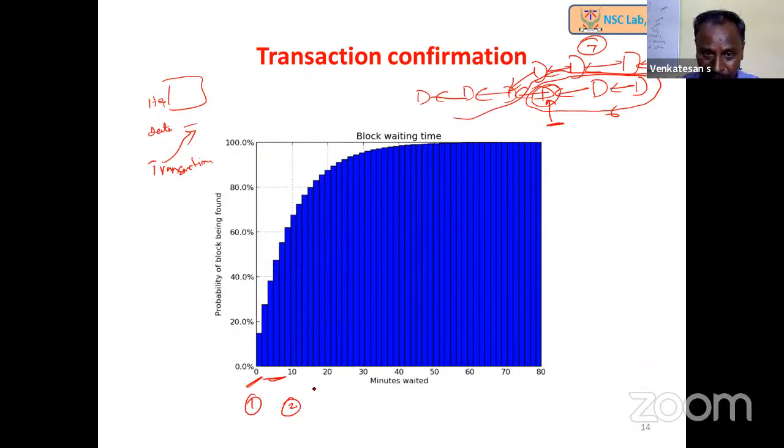now block number 2 is introduced. There is a guarantee that around 63% of probability we can say the block number 1 where my transaction is part of will be considered as the main chain. That is only 62%. So then if we are coming to 3, that is the next 3 blocks, we can say around 91% that it will be part of the main chain. However, if it comes after the 5th block, that is the next 5 blocks, then we can say more than 99.9% it will be part of the main chain.